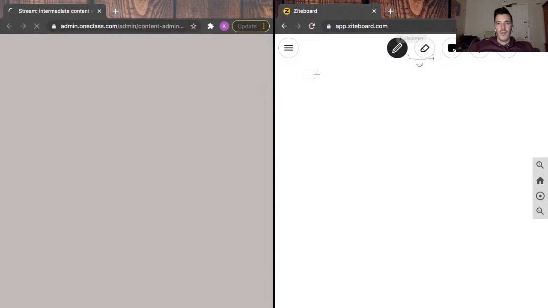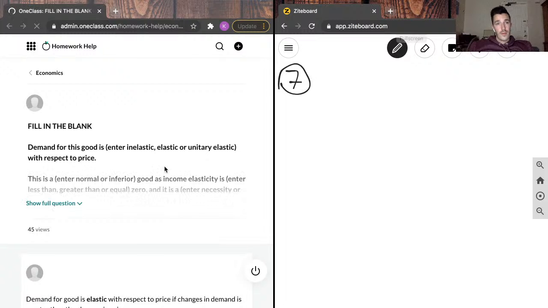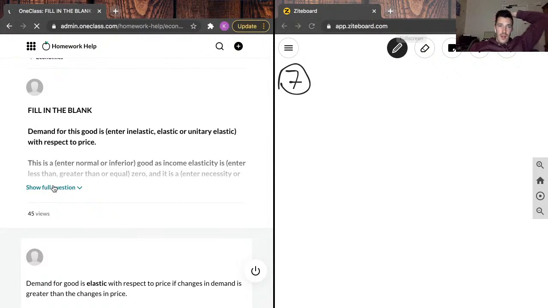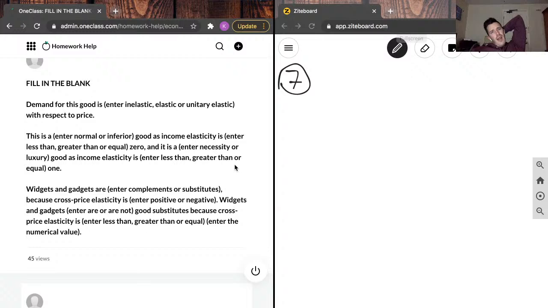Question 7, I believe, is our last question. Fill in the blank. Demand for this good is inelastic, elastic, or unitary elastic with respect to price. This is a normal or inferior good, as income elasticity is less than, greater than, or equal to 0. It is a necessity or luxury good, as income elasticity is less than, greater than, or equal to 1. Widgets and gadgets are complements or substitutes, because